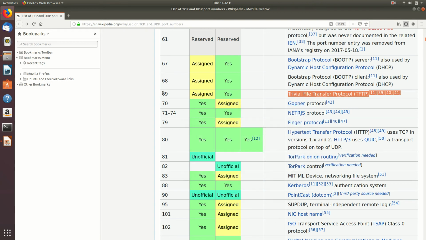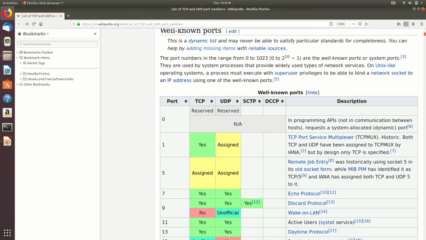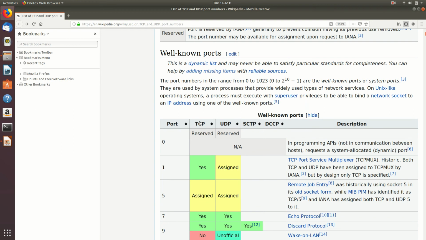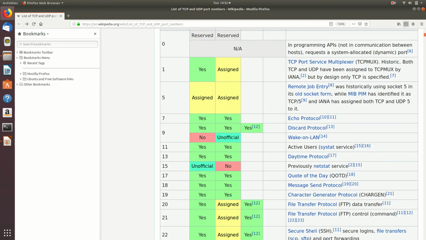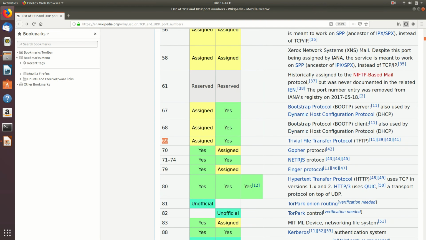So it is using the port number 69, right? This number is common for both TCP and UDP. And whether the application is using TCP or UDP is also listed in this list, you can see here. So this column is for TCP. If the application is using TCP, that S will be given something like that. If it is for UDP, accordingly. So in that way also you can see most of the applications whether they are using TCP or UDP.